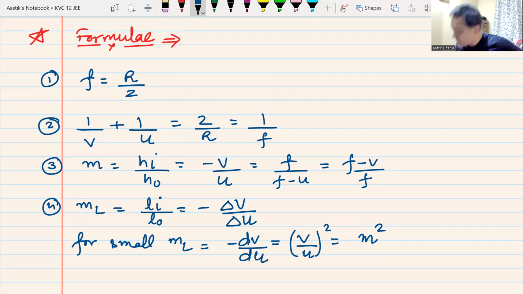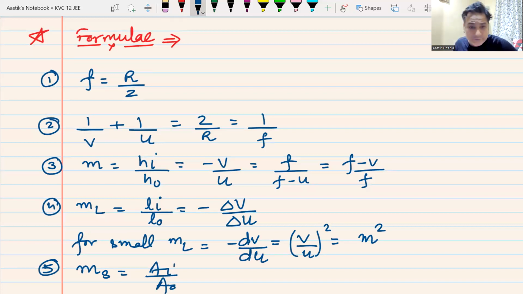Yes, sir. The last formula was for superficial or areal magnification, Ms. This was area of the image divided by area of the object, and it is simply the same as m square. We remember this one as well? Yes, sir. Well then,